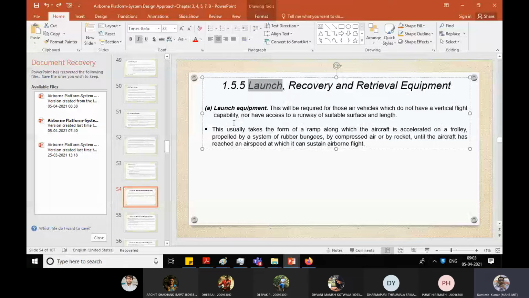Okay, so use the launcher, fine, launch. But when you recover, we don't have any options. So people have tested various types of things. Either you have a parachute. Okay, parachute means you can deploy that. So most of the parachute designs are such that they make what is called a stall condition. Okay, so when your aircraft gets a stall, then only the aircraft will fall. So parachute